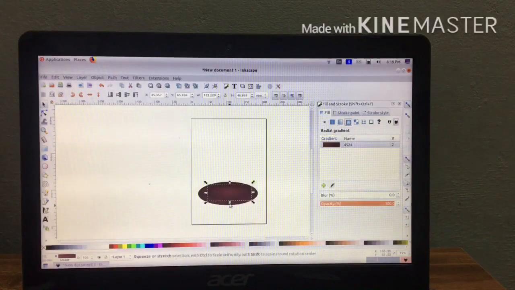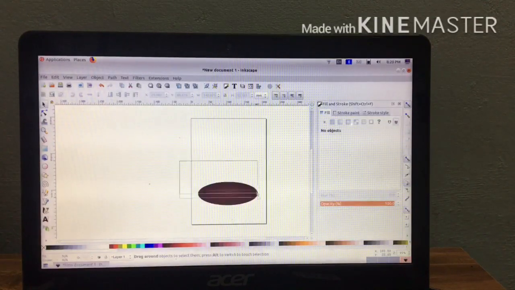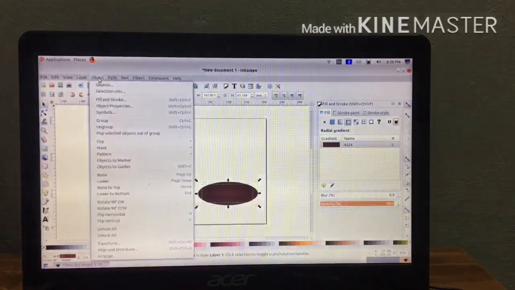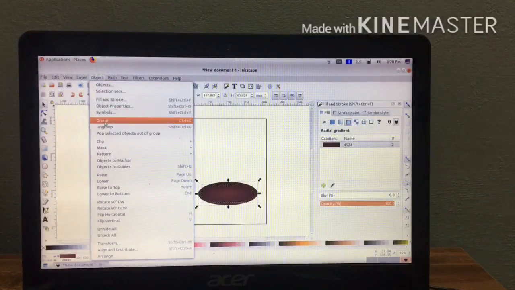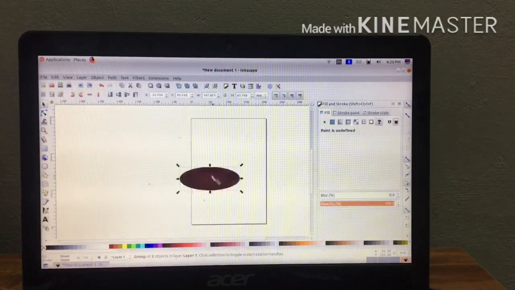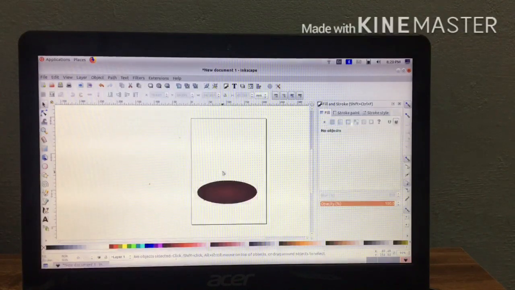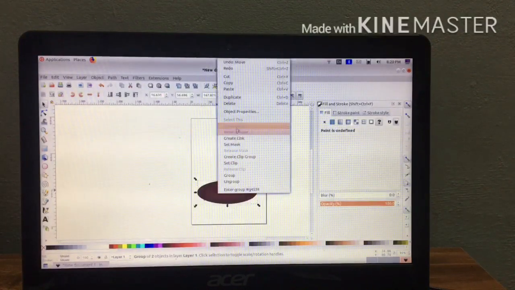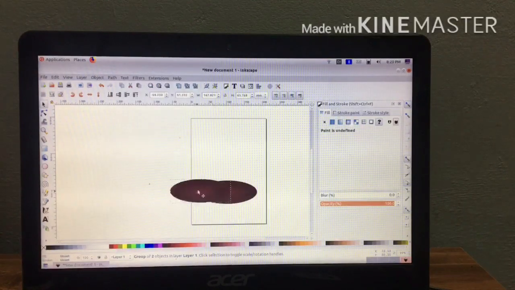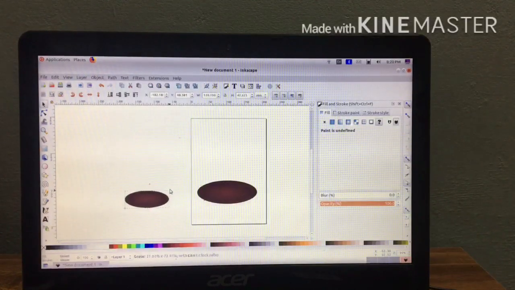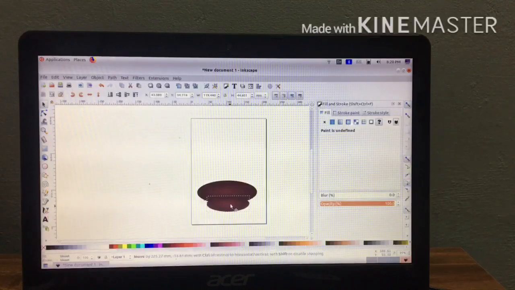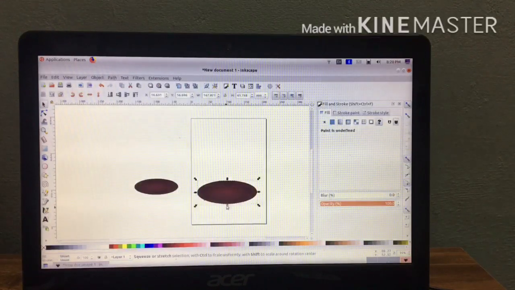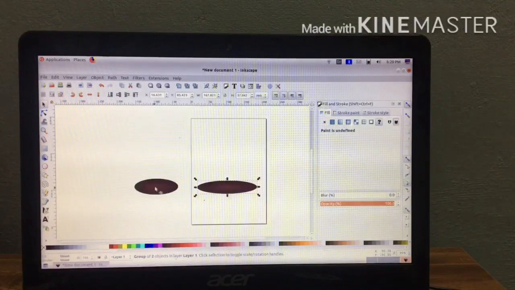Then you have to group both the objects. Select both the objects and then go to object, group. Now you can see both the objects are changed to one object. Okay, then take one more duplicate, reduce its size and arrange it at the bottom to get a saucer.